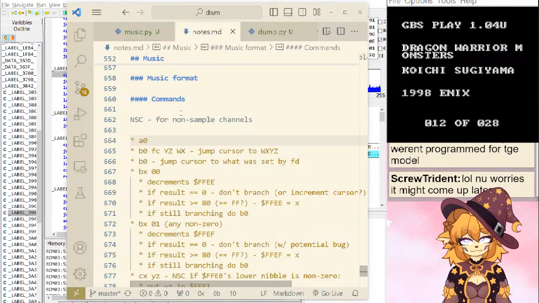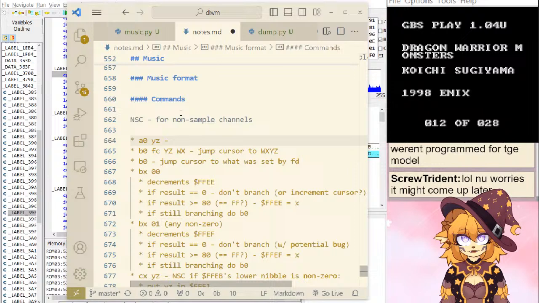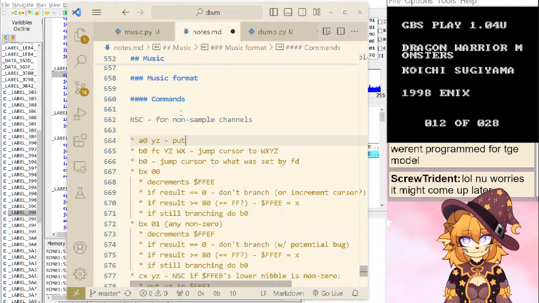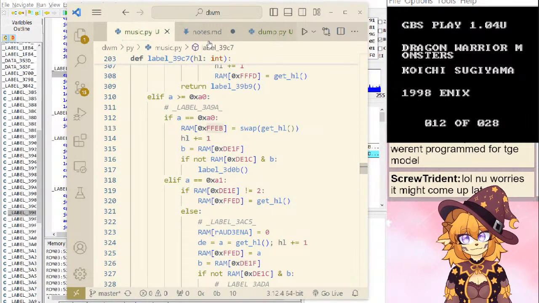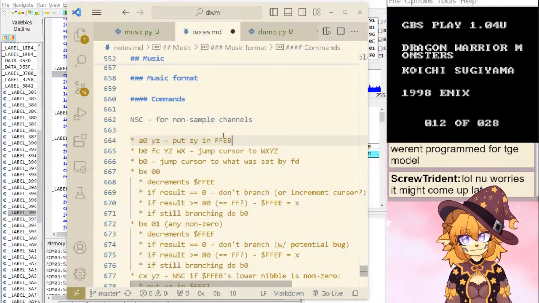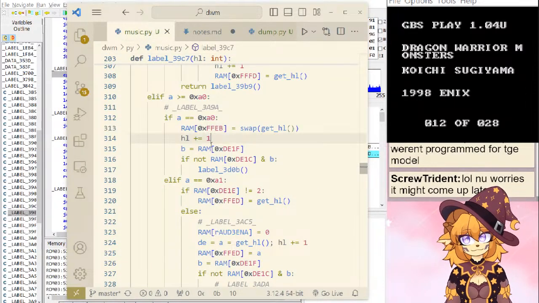A0, ZY and FFEB, and then it increments, and DE1F.